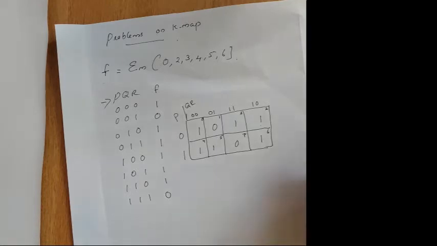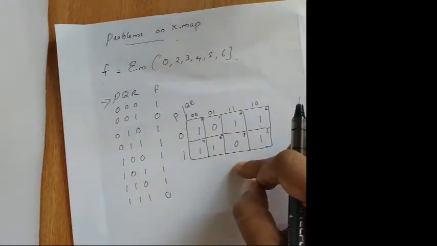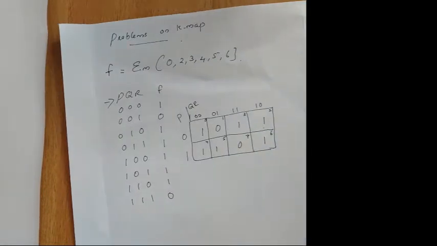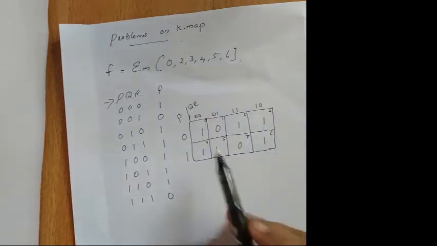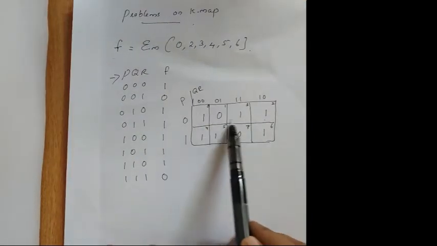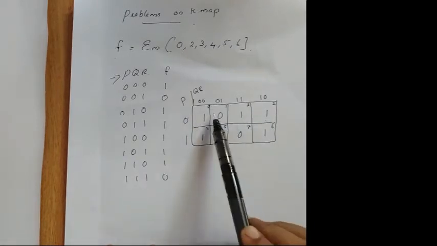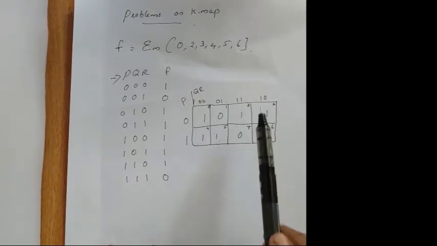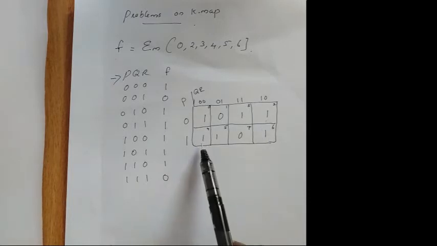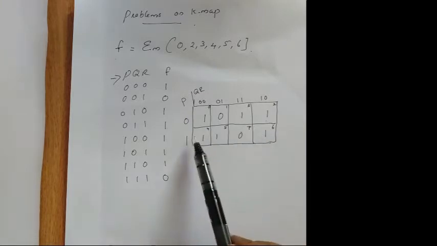Now you have to group. You have to look whether all 8 cells are filled with 1. If not, you can't go for 8-cell grouping. Now you can see whether you can get any 4-cell grouping. So I am checking row 1 and 2. It's not possible because the 0 is there in between, so I can't group. If this was 1, I could group this. And the same thing, I am checking whether I can group row 4 and row 2. That's also not possible.